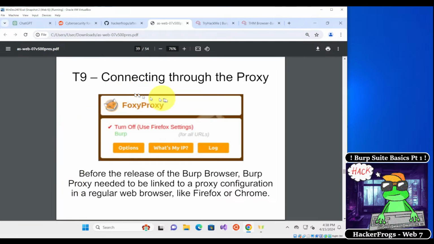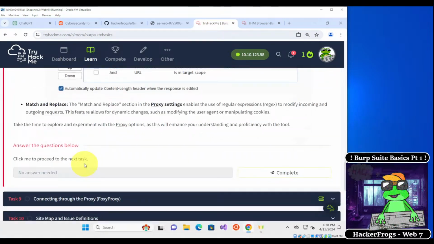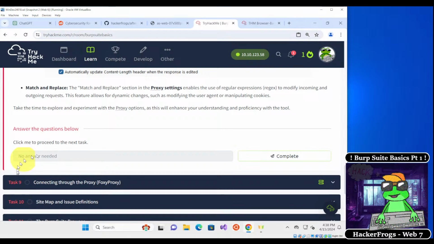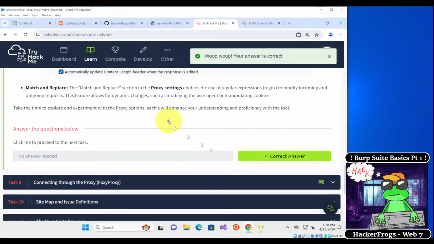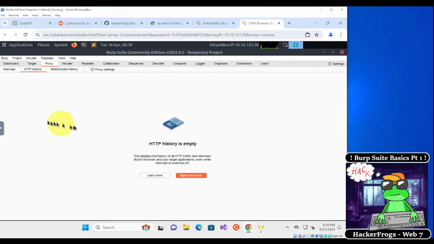So the next section is called connecting through the proxy. So let's go back here. Click on me to proceed to the next task. Okay, so before we move on, let's do a little bit of exploration of the proxy tab right here. So inside of the Burp proxy, there are these tabs right here. There's the intercept tab, which we just looked at,